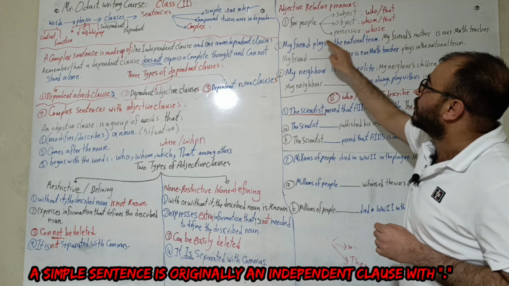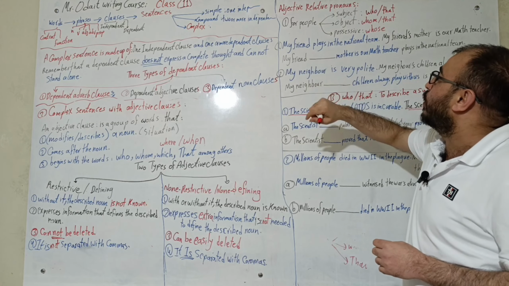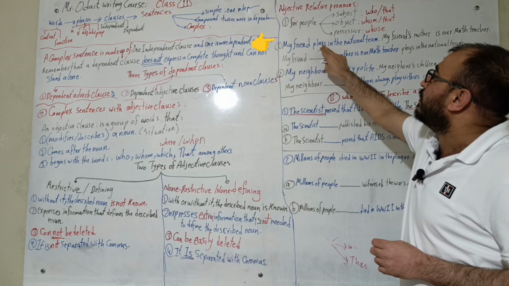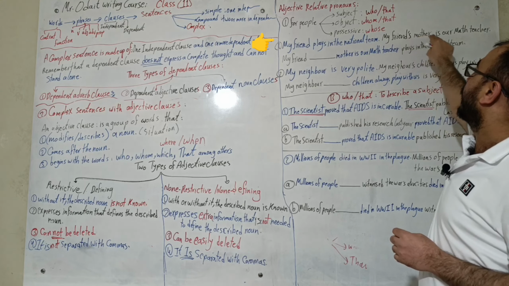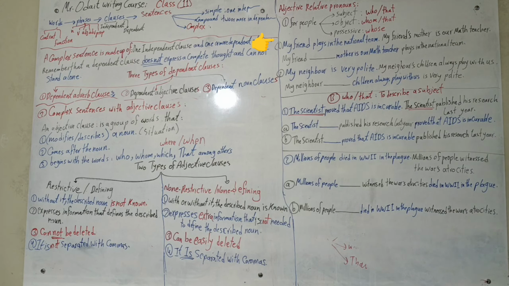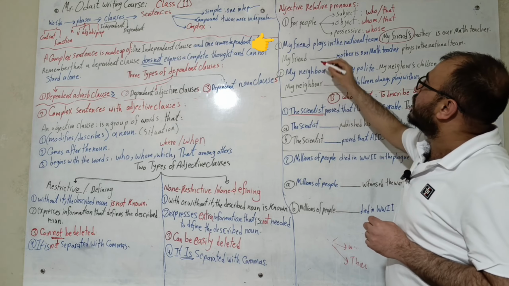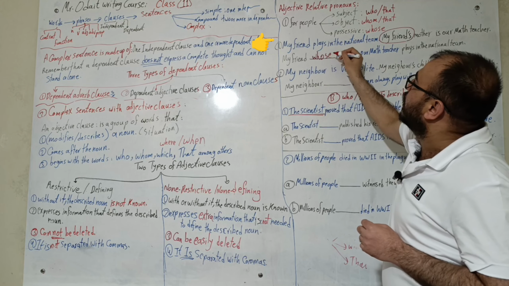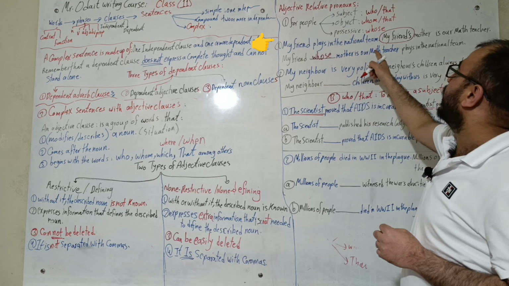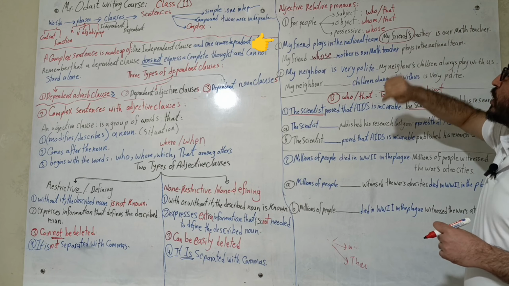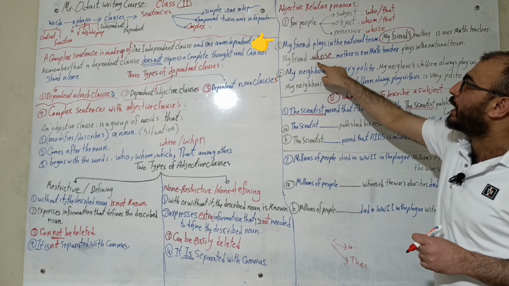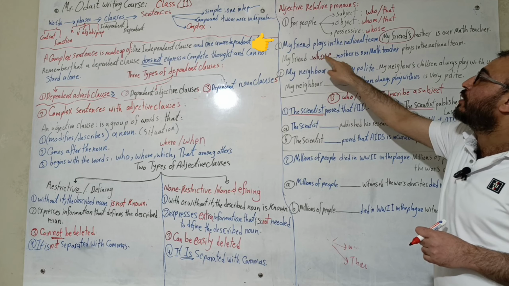into a dependent clause. Let's see, we have this option here. We say: my friend plays in the national team. I have: my friend's mother is our math teacher. I start with my friend, here with the possessive S, and I change it into whose. I say: my friend whose mother is our math teacher plays in the national team. Again, my friends, this independent clause has been changed into a dependent clause by adding this relative pronoun,